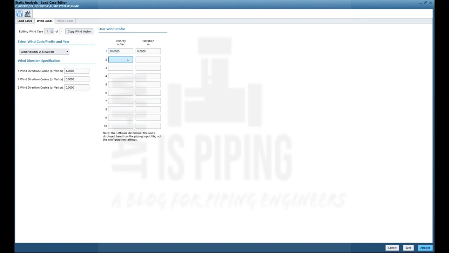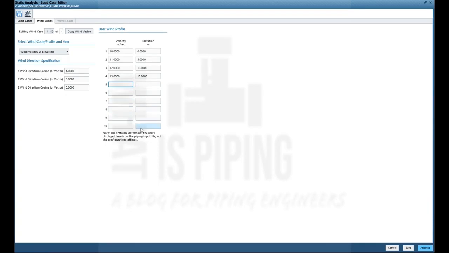So let's assume that at ground level it is 10 meter per second, at 5-meter elevation it is 11 meter per second, at 10-meter elevation it is 12 meter per second, at 15-meter elevation it's 13 meter per second. Accordingly you have to define up to what elevation your pipe is running.